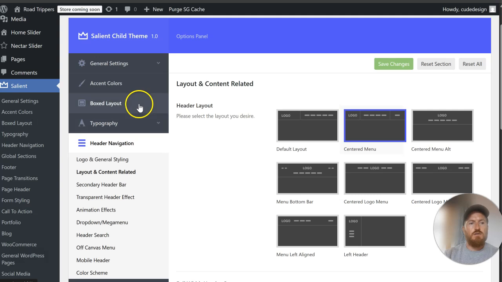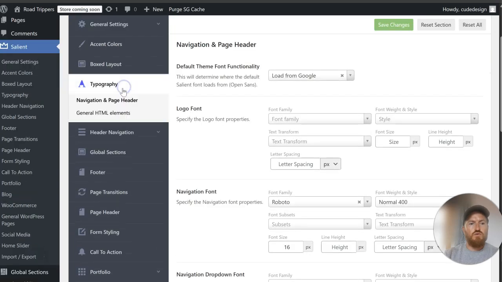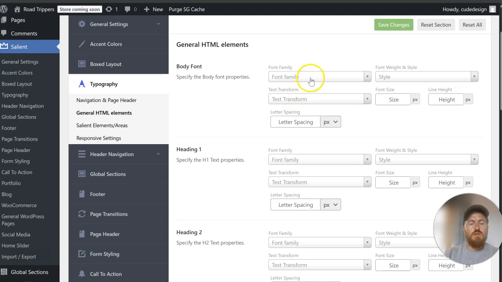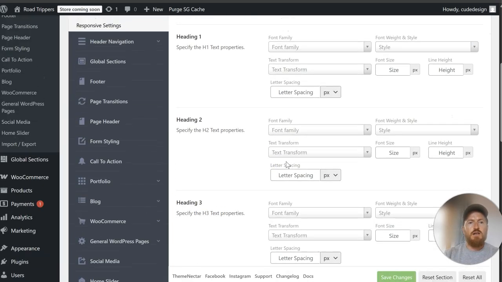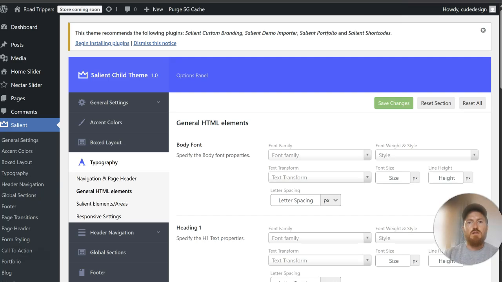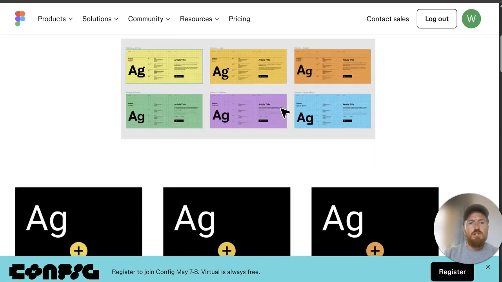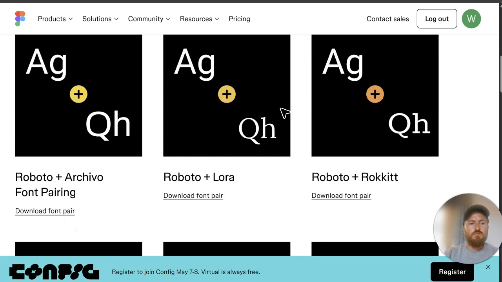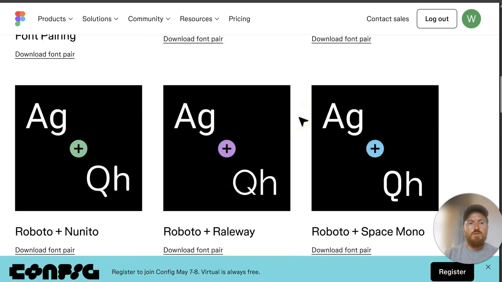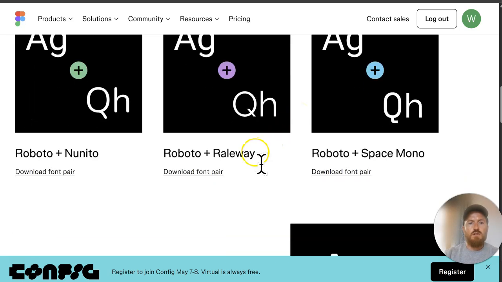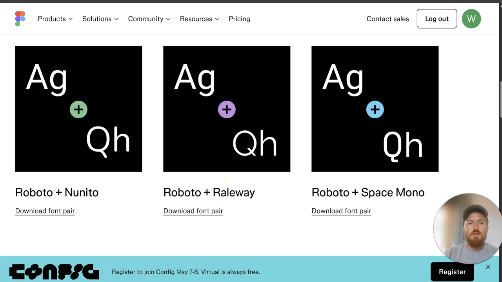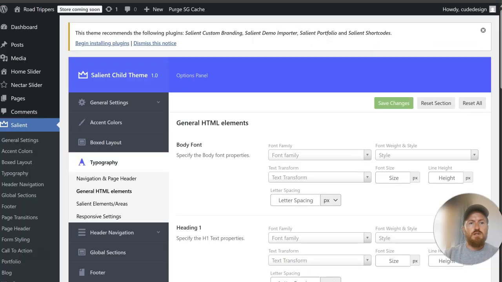Let's have a look at these titles. So we've got general. So this is the body font and the H1 tags. So just have a little look here to see some inspiration. Make sure it's not too. Okay, but that's good. Let's try that then. Let's go with, let's see,